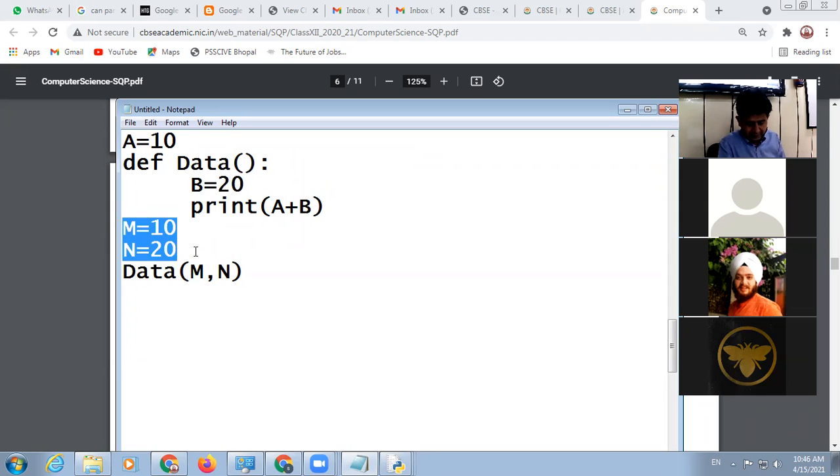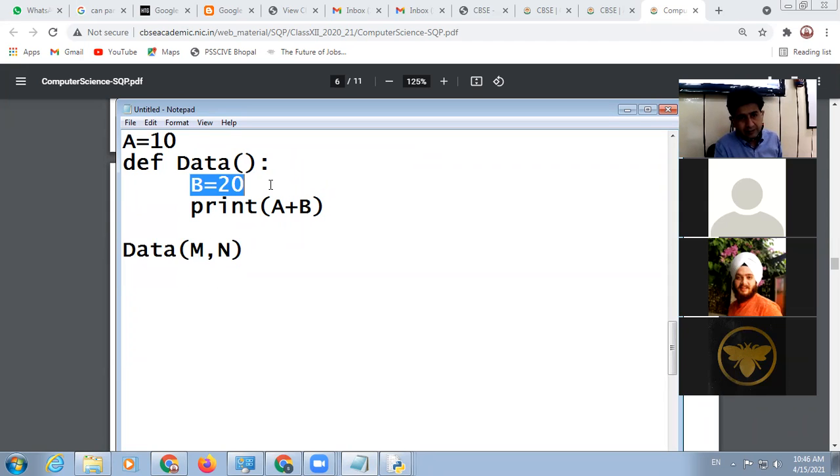Now the problem is that the local variable can be used inside the function. We can't use this outside the function. But the global variable can be used anywhere in the program, inside the function, outside the function.